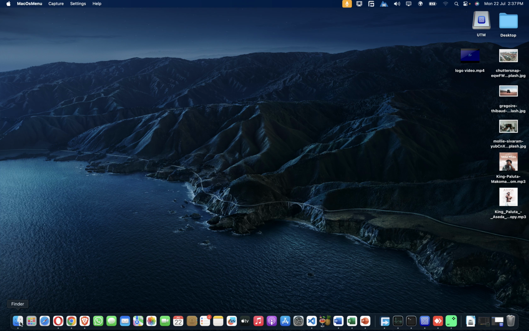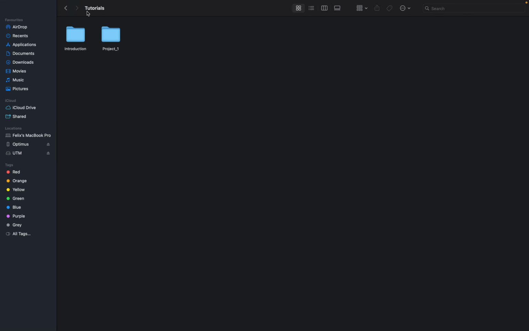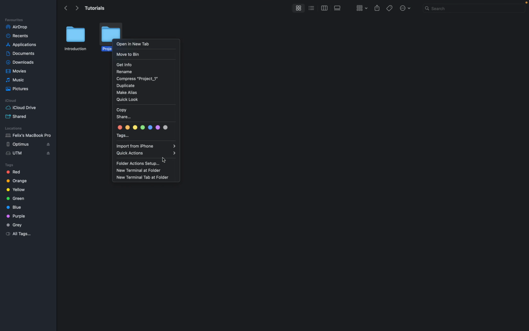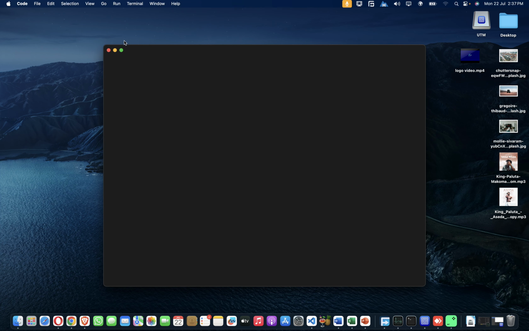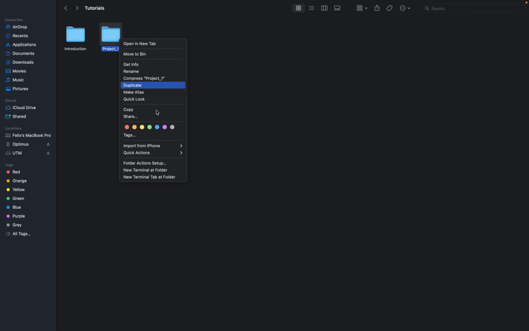Alright, so to get started, you can create a new folder in your tutorials folder. So here I just created a new empty folder called project 1. So you can open this folder with your VS Code. If you're on Windows, if you right click on the folder, you're going to see the open with code option in the menu here,